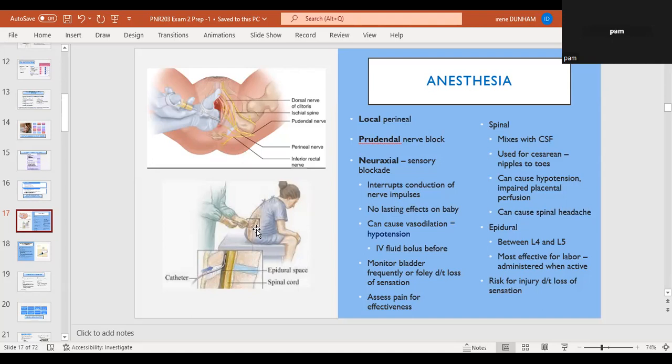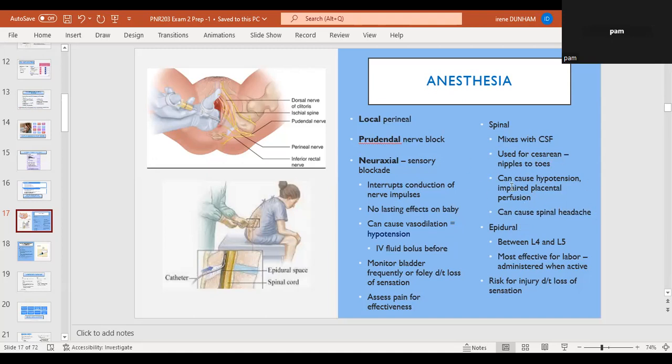The main thing is I don't want her to move because I don't want that spinal needle to go more into the spinal canal. Okay, because what happens is that you can mix with the cerebrospinal fluid, and I do not want to do that because she'll have a terrible headache after delivery. I don't want her to have a spinal headache. So again, for an epidural, if they're not hypertensive, I'm going to go ahead and give what? An IV bolus. Because why? Because I want to prevent hypotension in a normotensive woman. Okay, so